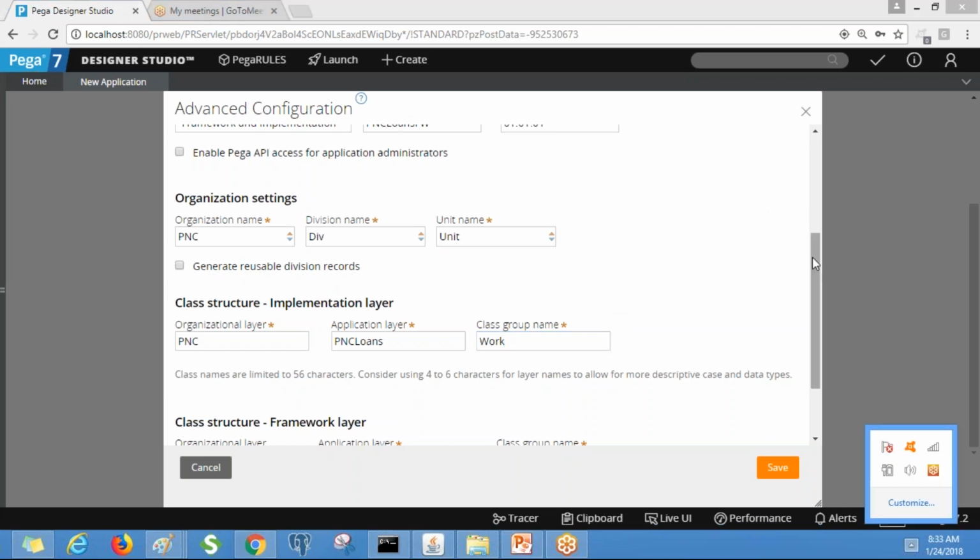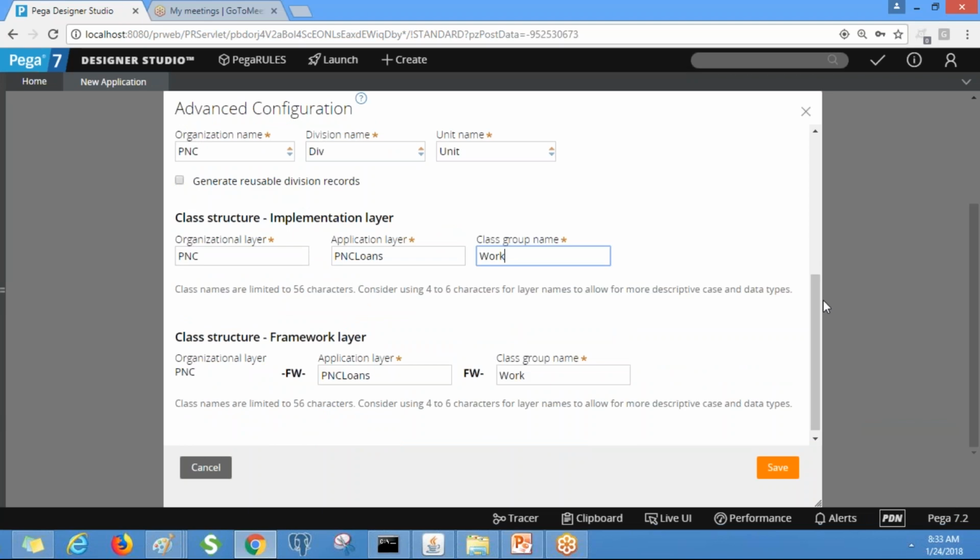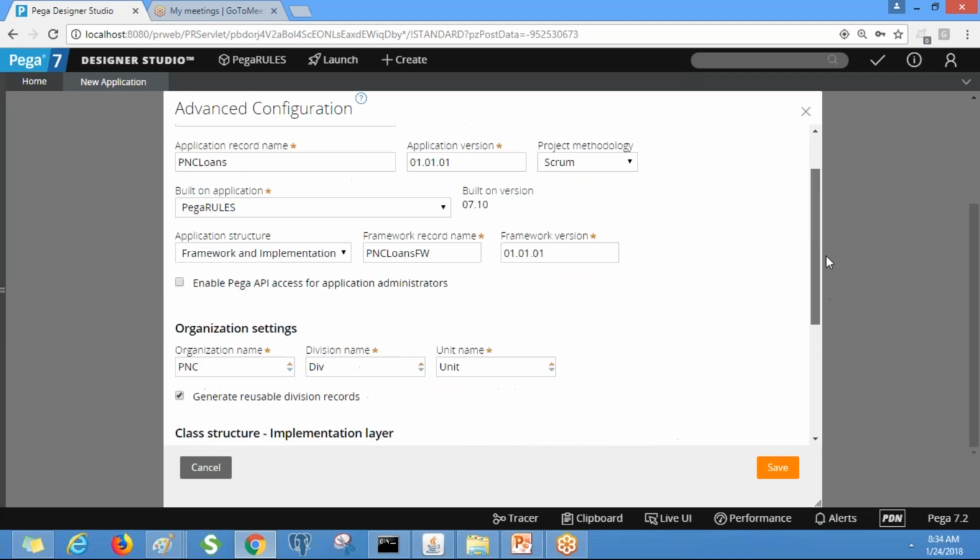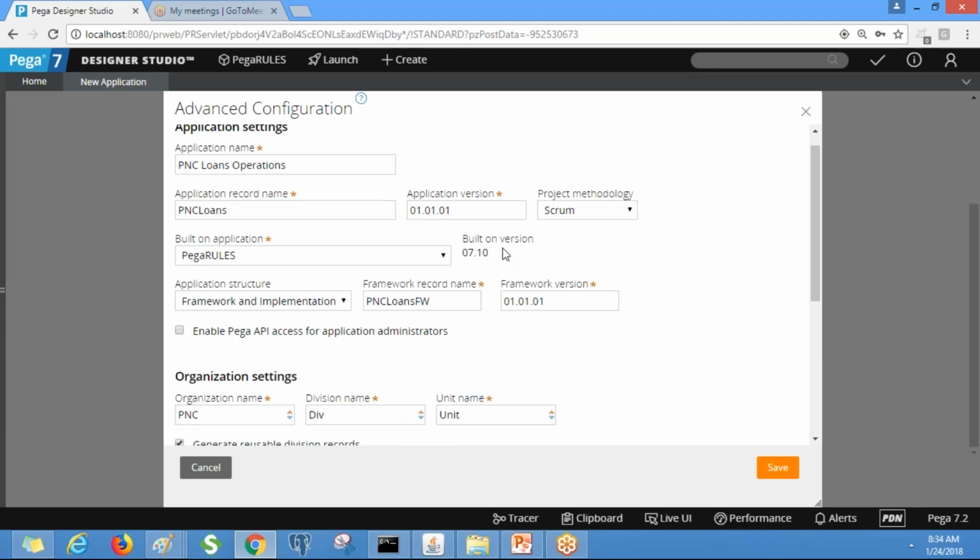If you want divisions, we can generate the division layer. You can put the loans and create some reusable components under that division if you have more units, and also you can create reusable units.